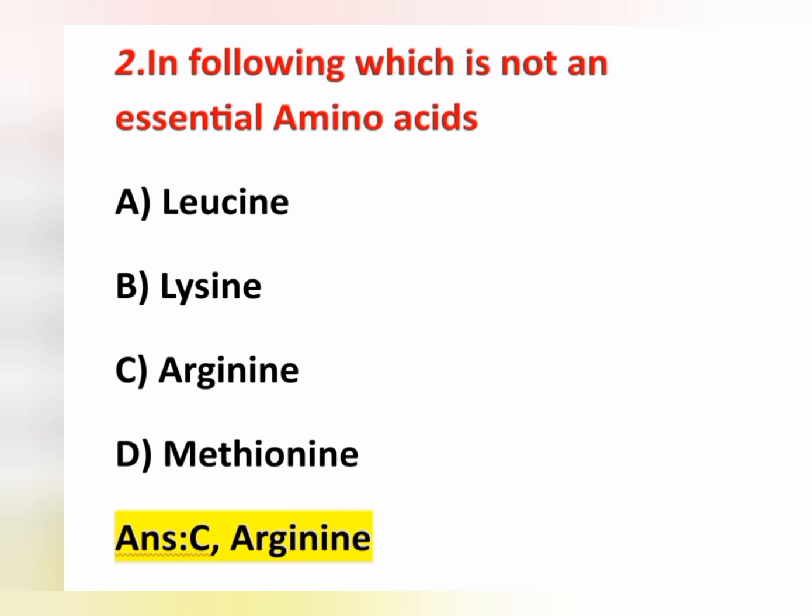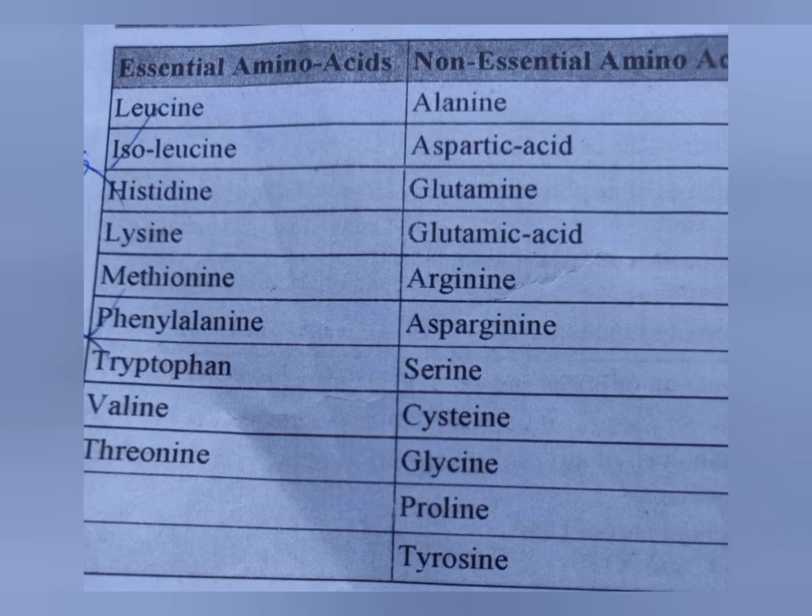Arginine is a non-essential amino acid. It is not an essential amino acid. We will see the essential and non-essential amino acid. Essential amino acid include leucine, isoleucine, histidine, lysine, methionine, phenylalanine, tryptophan, valine,